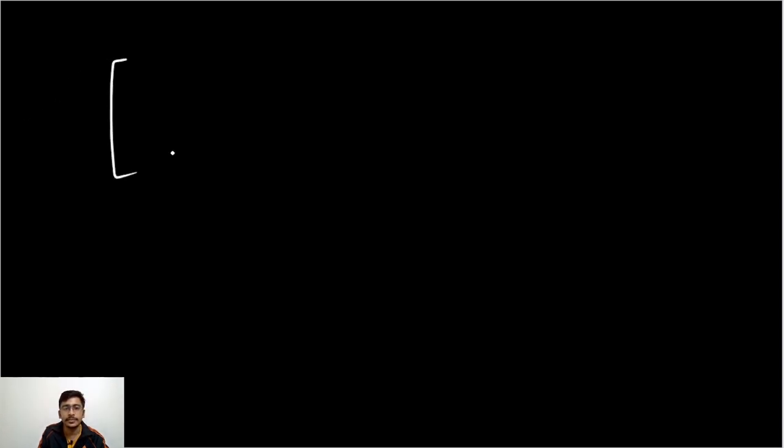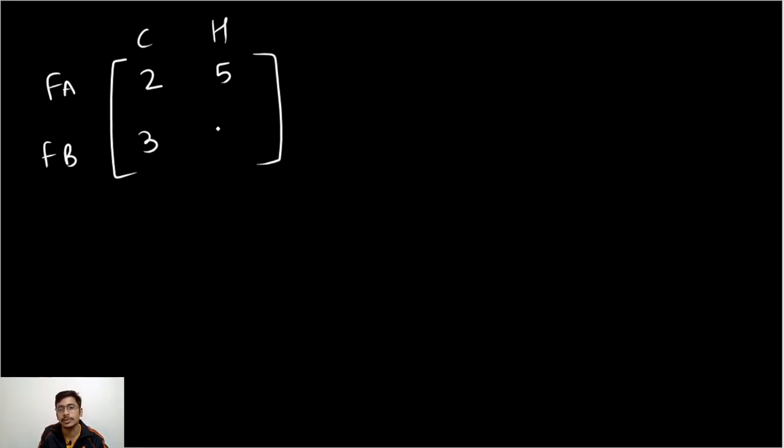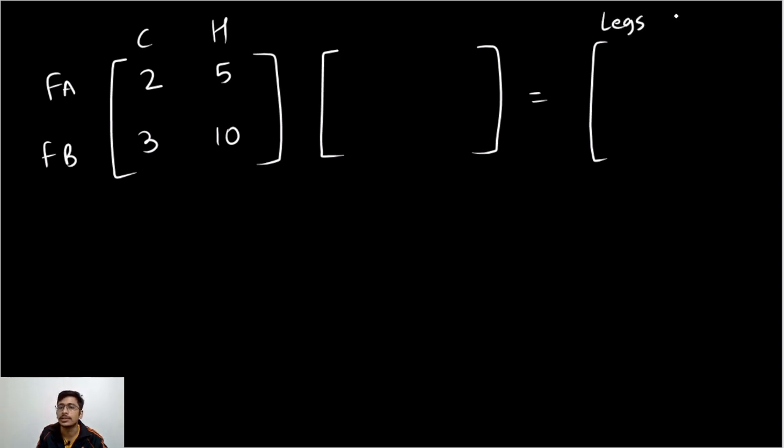So let's say, let's go back to our example of cows and hens. Let's say I have farm A and farm B. Let's say 2 cows and 5 hens in the first farm, 3 cows and 10 hens in the second farm. And this time what I want to do is multiply it so that I understand how many legs, let's say how many horns,